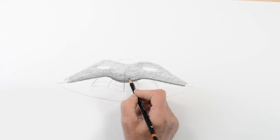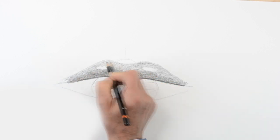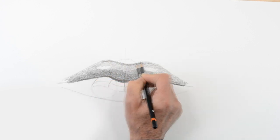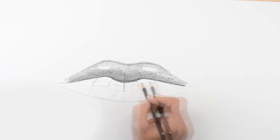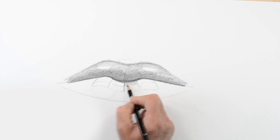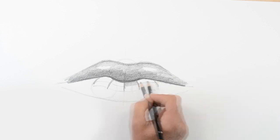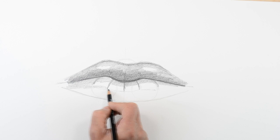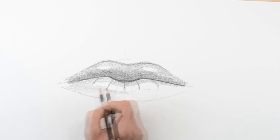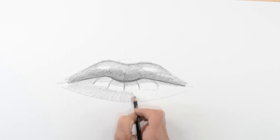Now the bottom lip, again, I'm just going to darken the bottom part of the lip here, and just a little darker along this top curve here. Now, the bottom lip, the shadow's not going to be quite so strong, and I'm going to have some slightly shaded areas just coming out here. You see these slightly darker areas here, and we'll shade just along the top here, and we're going to shade along the bottom here, but not quite so dark as we've done with the other one. You'll notice my shading beginning to